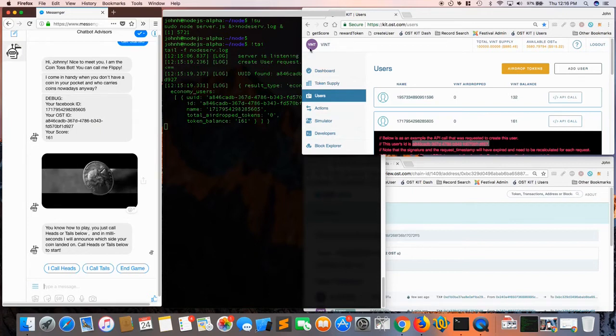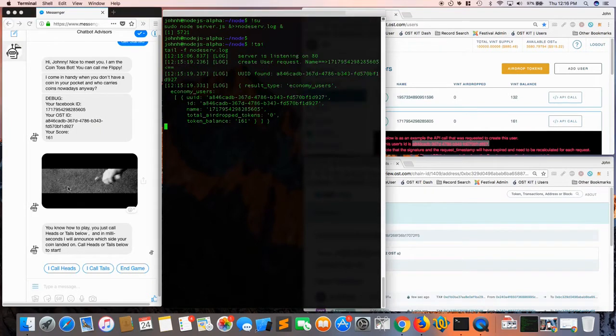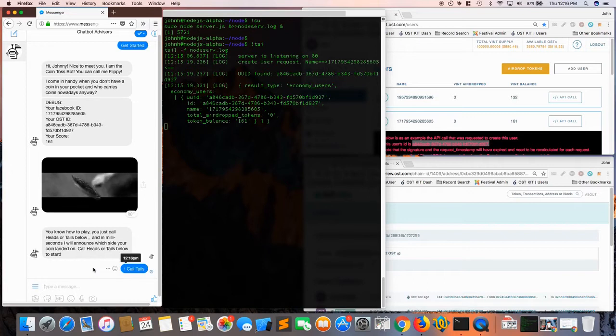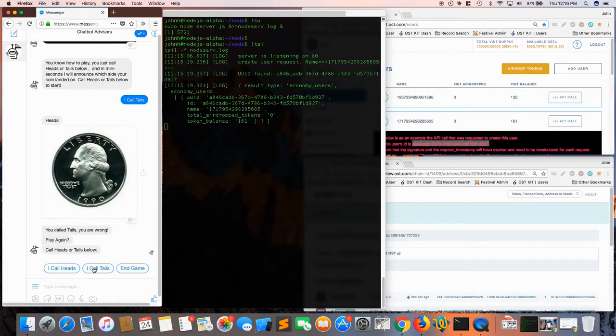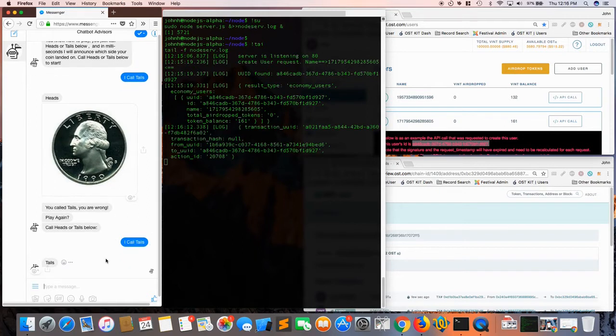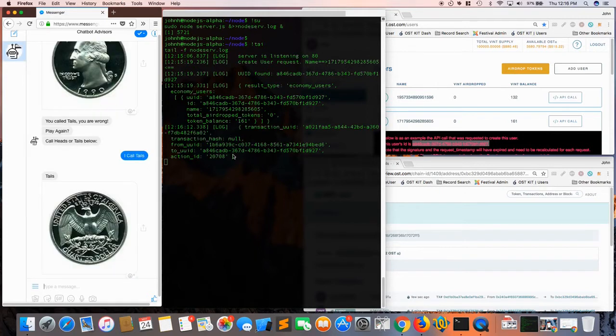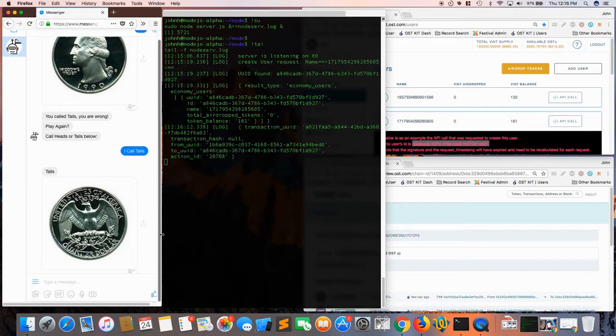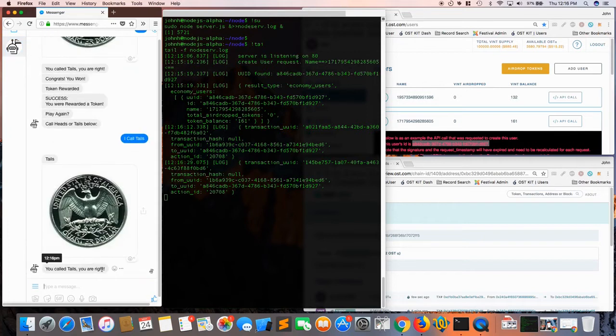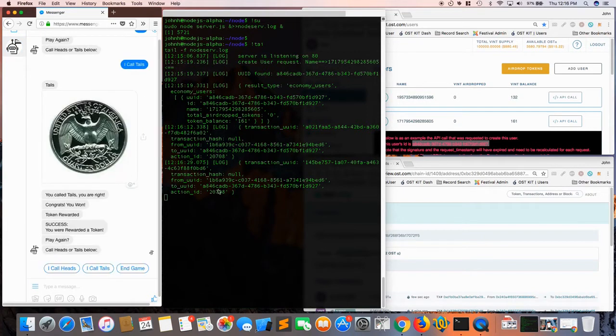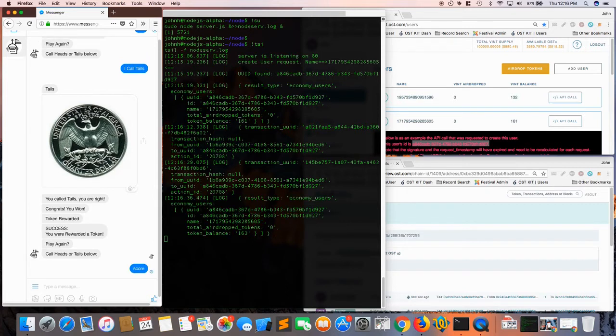So what happens here on the left, as the customer plays the game, it's just a simple coin toss. They call tails, nothing happens. Call tails again, and then you can see in the middle we immediately had a transaction here. This was the awarding of a token, and we'll do a couple more. I call tails again. There we go. Okay, so another token. So now we see another reward, and over here I can actually type score,